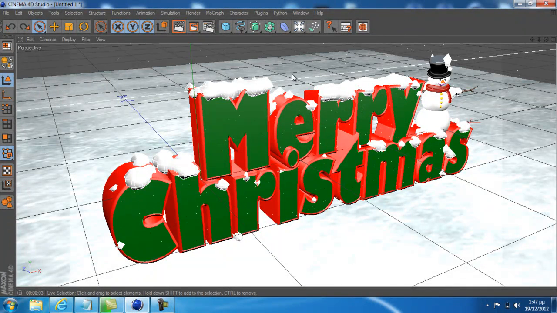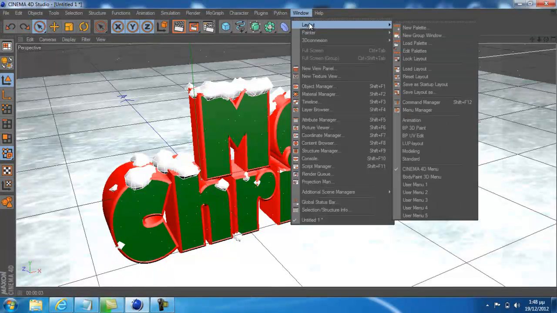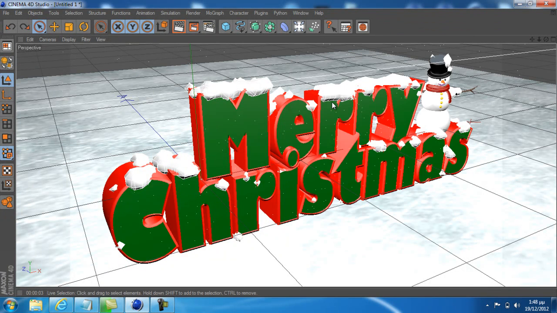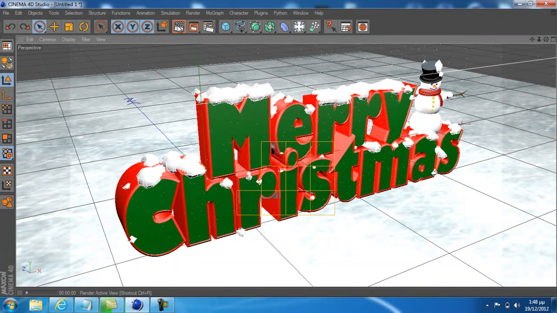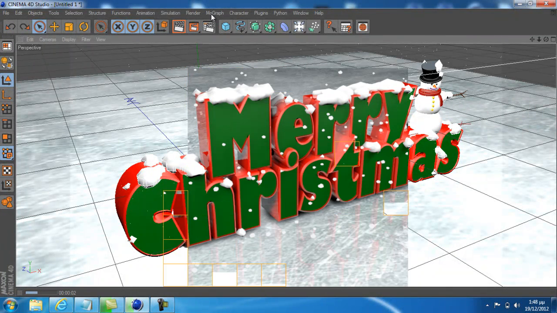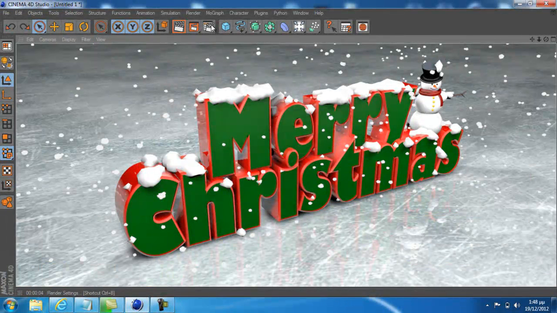Don't worry, you can restore this thing back by going to Window, Layout, and Reset Layout, and it will come back to the beginning position, all these windows. So you do this, you render your image. You can add ambient occlusion, or whatever you think you want. Some other effects also, and